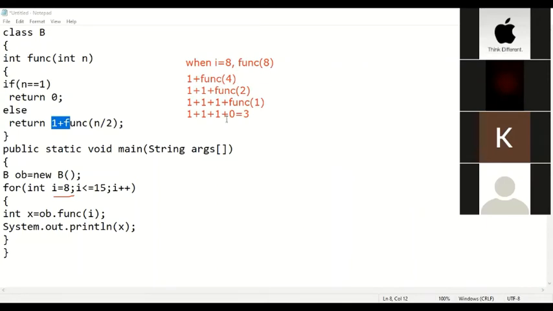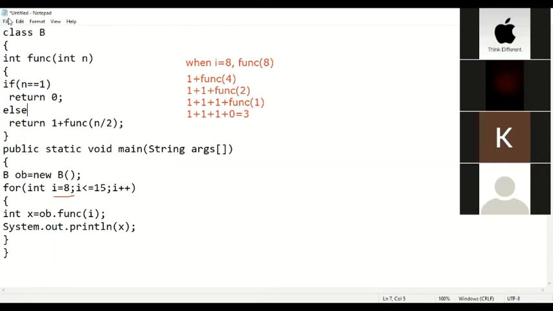Can you see my screen? So इसमें return क्या हो रहा है? 3. तो 3 will be printed. Next step में लिखेंगे when I equals to 9, फिर उसके सारे steps लिखेंगे, फिर जो last में print होगा वो लिखेंगे. When I equals to this, and finally you will write out.